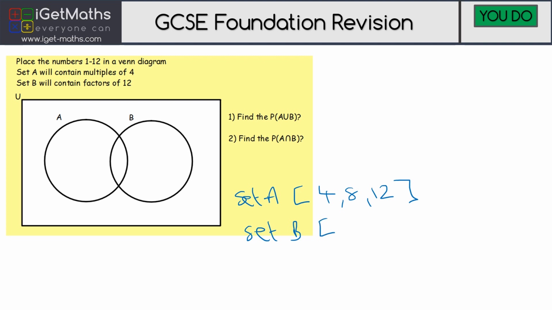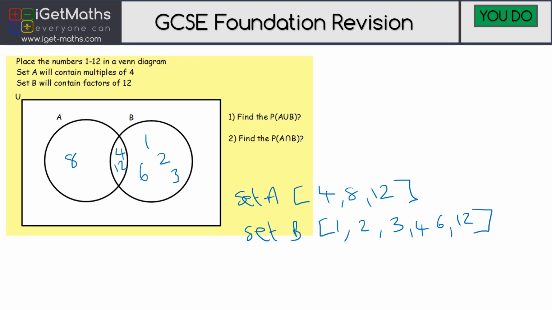is going to contain the factors of 12, so we'll go 1 times 12, we've got 2 times 6, and then we've got 3 times 4. Now if we look, we've got 4 and 12 that would go in the middle. A has got the multiples of 4, so we just need to put 8. B has got the factors of 12, so we need to go 1, 2, 3. We've already got the 4, we need the 6 in there, and we've already got the 12, which is shared